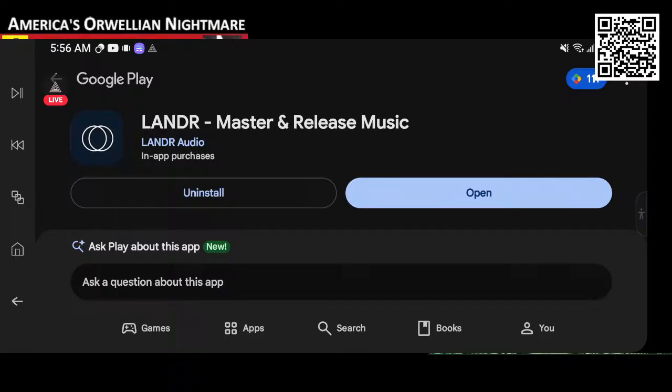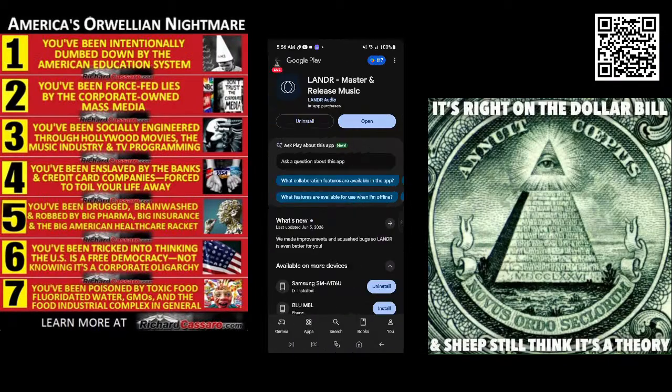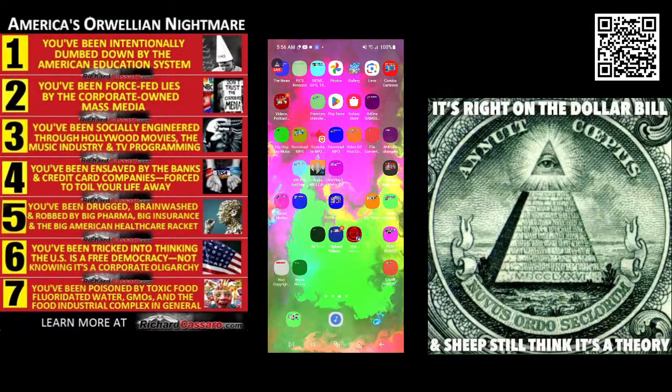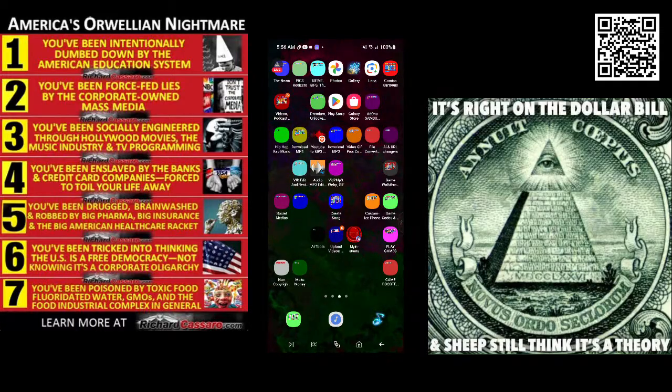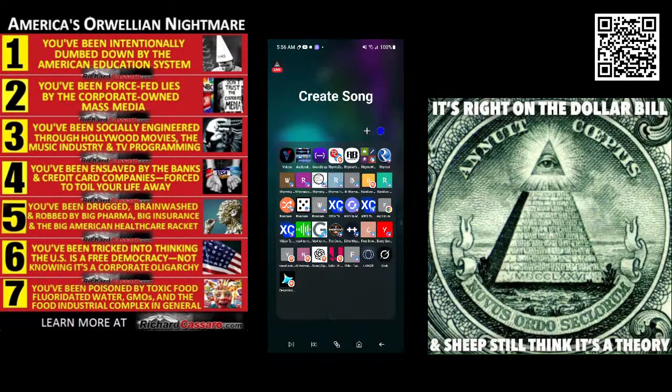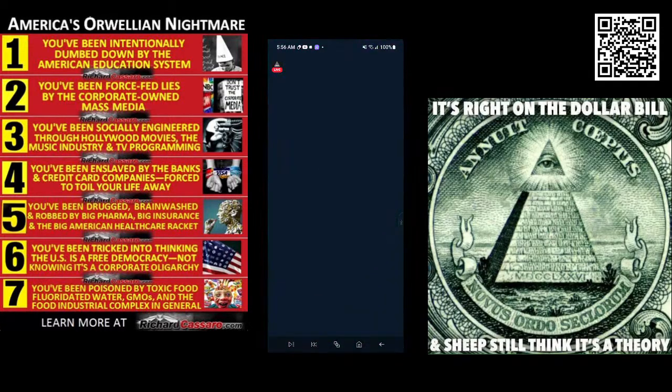The problem with this app, I think you have to pay for it inside of the app. So let me go into it so I can show you. I tried to do one of my songs, but I think it was charging me money. Let me go into it.